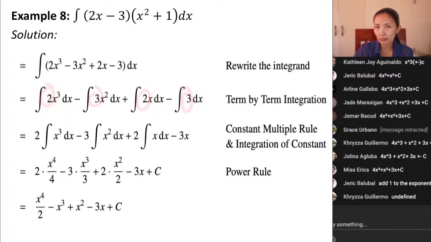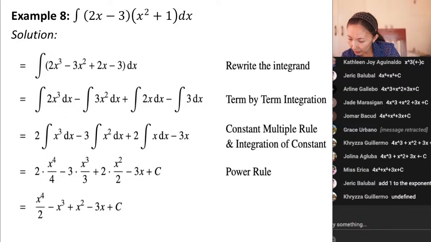Okay? Or you may retain, it's alright. Then, apply the power rule. So, x cubed, add 1 over 3 plus 1, correct. Okay? So, 2 times x raised to 4 over 4, why 4? It's 3 plus 1, minus 3 times x raised to 2 plus 1, that's 3, over 2 plus 1 is 2, plus 2x raised to, why 2? This is 1, plus 1, so 2, over 1 plus 1, minus derivative,